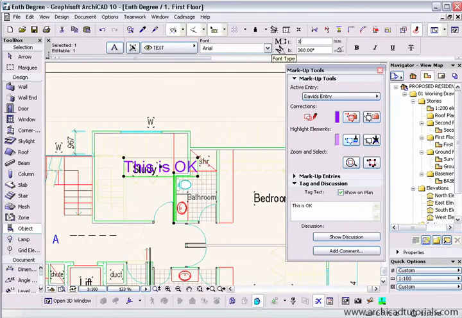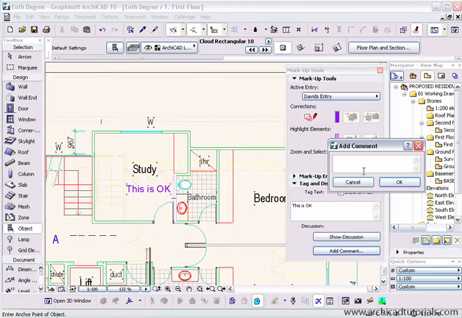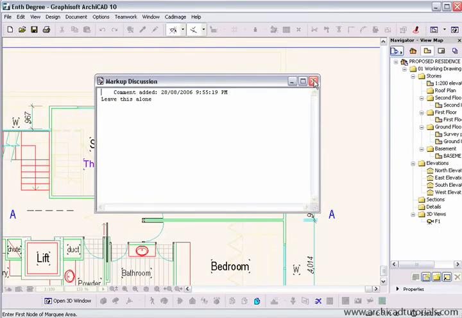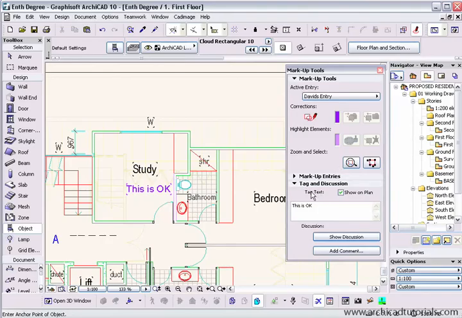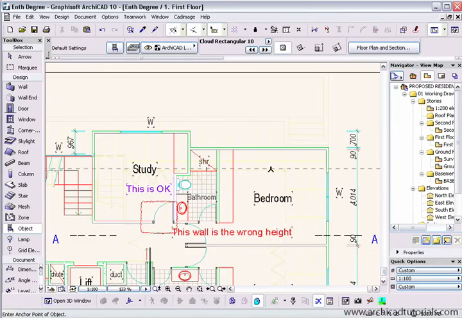Change the size of that once again. Drag it to another spot so it's easier to look at, and then we might add another comment there. Leave this alone. Push OK. And if we say show discussion, once again we see the comment there. And if I don't want to see that, once again I can just hide his entry, and I can also turn them both on. So once this has all been completed and you want to send this to your consultant,